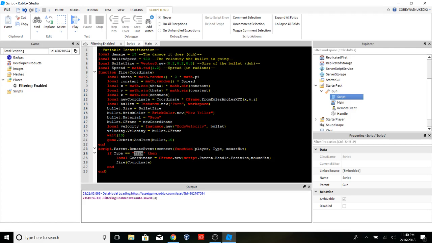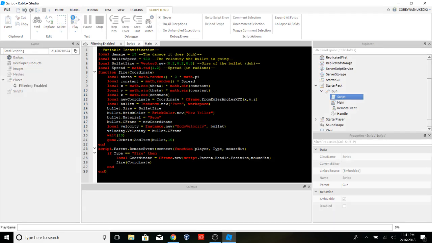What this does is it takes this coordinate and it makes that this right here, and it takes these random XYZ values from the Euler angles, and it becomes its new coordinate. We use that as our bullet CFrame, which is then used as our velocity CFrame. In the long and short of it,